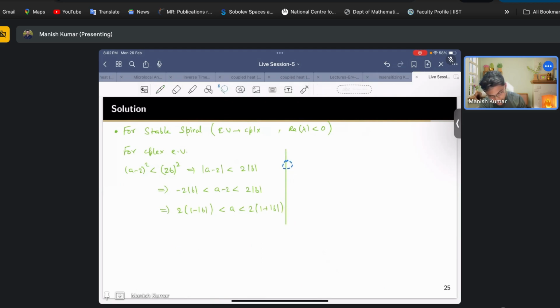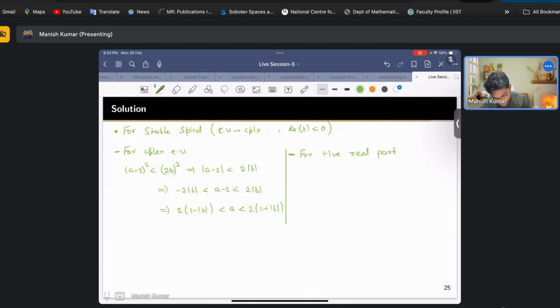Okay, so this is for complex. Now for stability, oh sorry, for negative real part. So for negative real part, what we need is